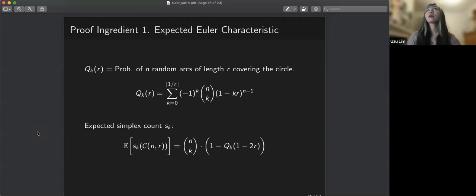And so the whole business turned out to be benefiting heavily from Euler characteristic, because expected Euler characteristic is quite easy to compute as compared to things like expected Betti numbers. So the way that I obtained theorem A2, which controlled the gap between the Betti number and the Euler characteristic, is via seeing that